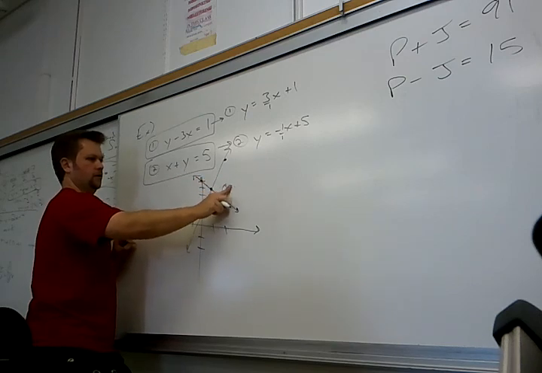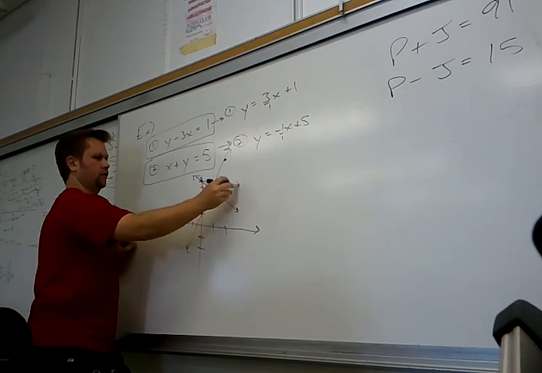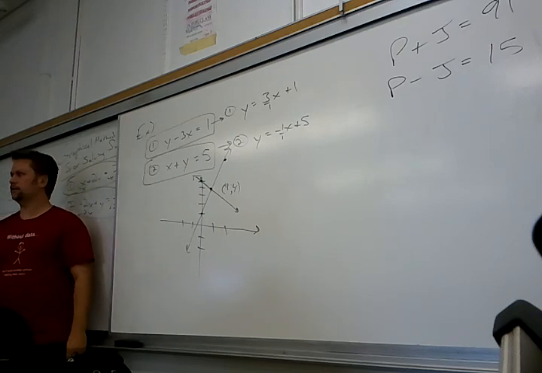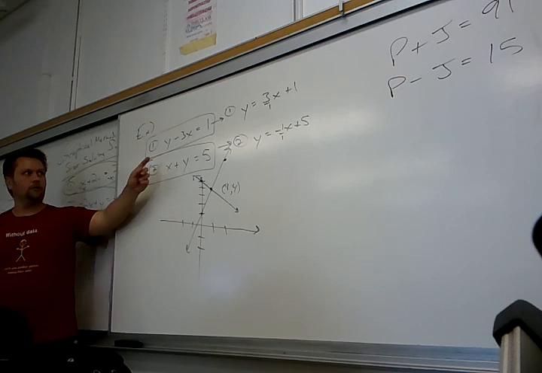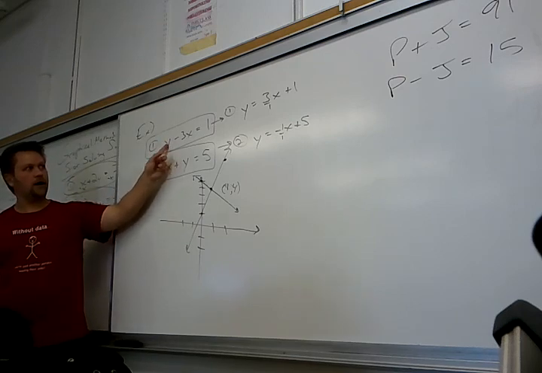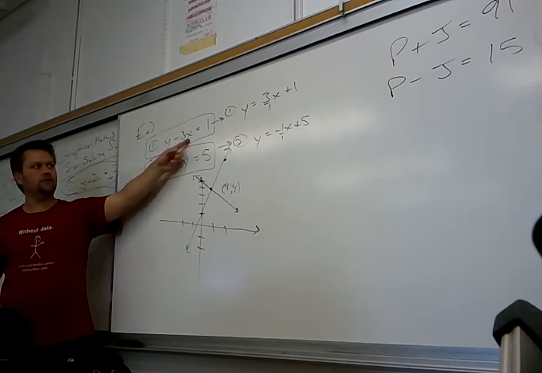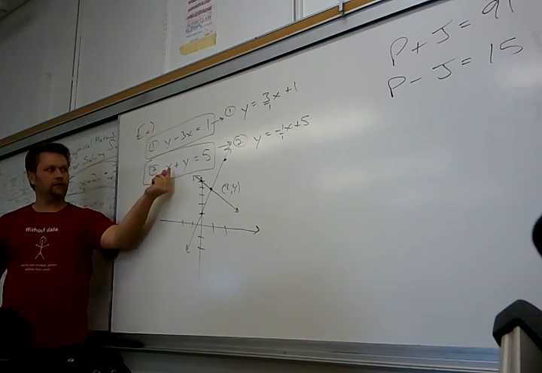Careful, 1, 4. Yeah, 1, 4. How do you check yourself? Do a table, right? Or just plug it in. If you plug in a 4 for y and a 1 for x, 4 minus 3 times 1 is 1. Plug in a 4 for y to